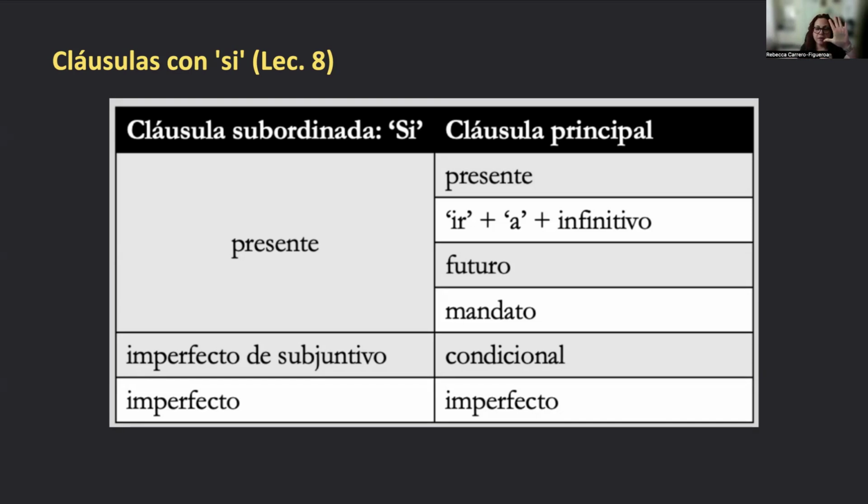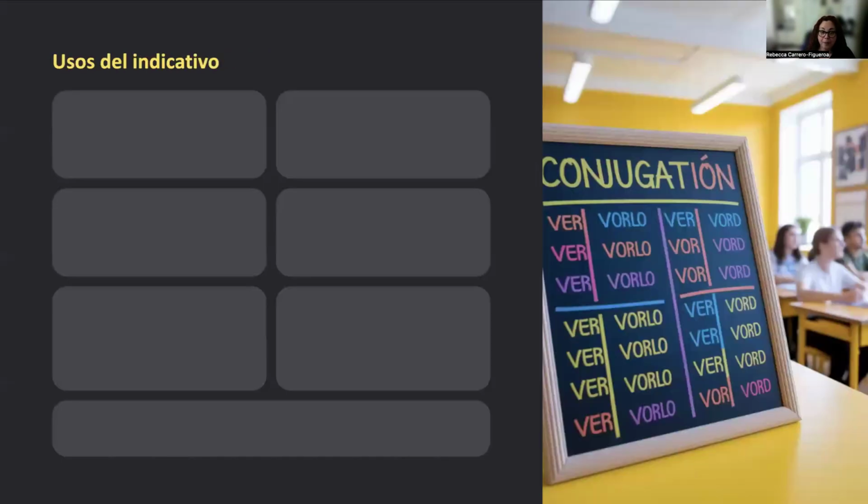Then we learn the second condition. If the subordinate verb has the past subjunctive, then I will use the conditional. And the last condition was if the subordinate clause has a verb in the imperfecto, the imperfect, it stays the same. It uses the same tense, imperfecto, imperfecto, for the main clause, okay? A lot, right? A lot. Okay, but now summarizing the